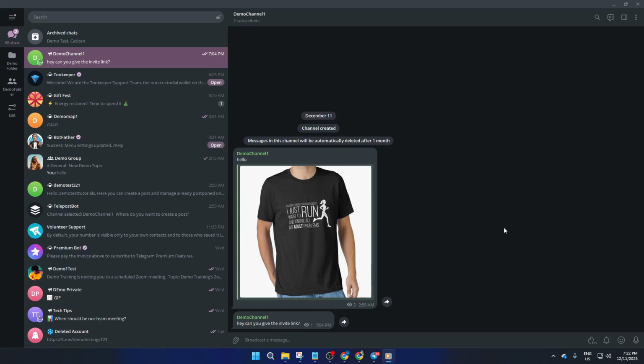Ever wondered how you can buy Bitcoin, USDT, or Toncoin right inside Telegram? In this video, I'll show you exactly how to use the official Wallet bot on Telegram to safely and easily purchase crypto, all from your phone or computer. By the end, you'll understand each step, see the whole process in action, and feel confident enough to give it